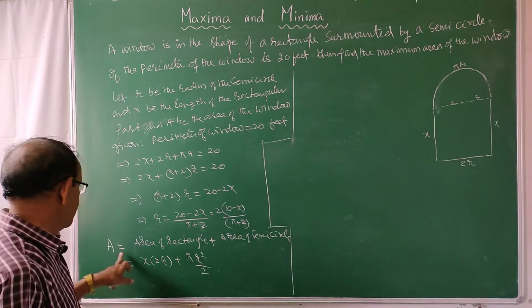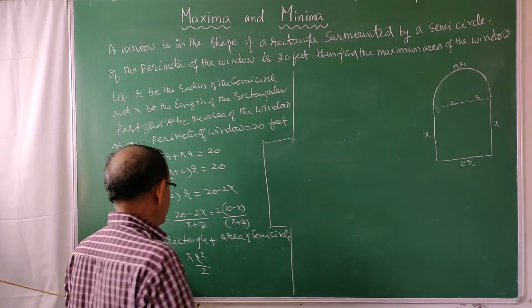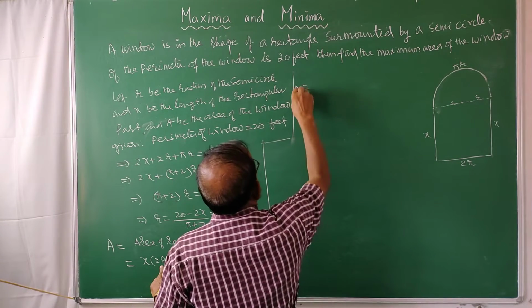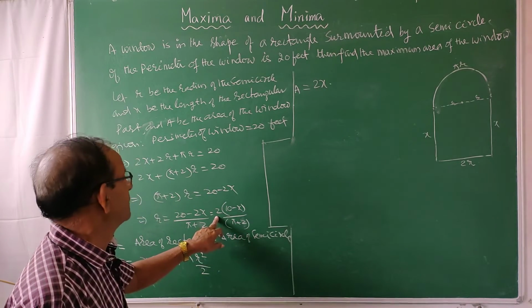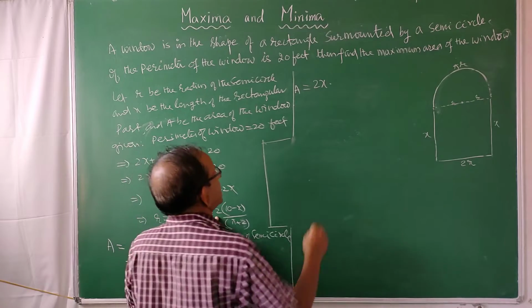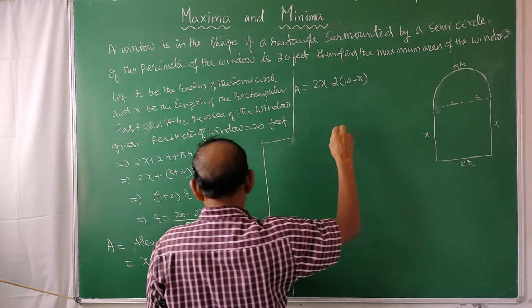Now this is x, 2x into r. That is, A is equal to 2x into r value. What is r value? 2 into (10 minus x) by (pi plus 2)